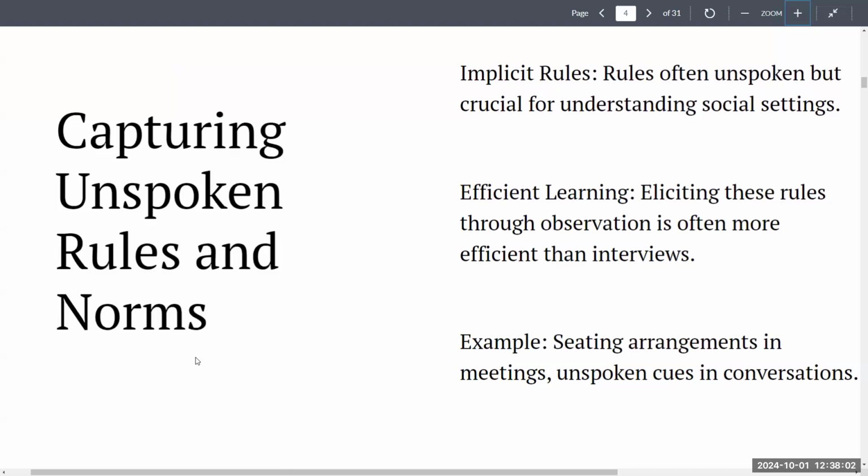All right, capturing unspoken rules and norms. Implicit rules are unspoken rules that dictate how people behave. These rules may not be codified or even consciously recognized by participants, but they do them because that's the thing to do, right? That is a cultural thing to do. It's an unspoken rule, but it exists. And we've seen them. We've been part of groups that do this, whether it's in our family, something happens,